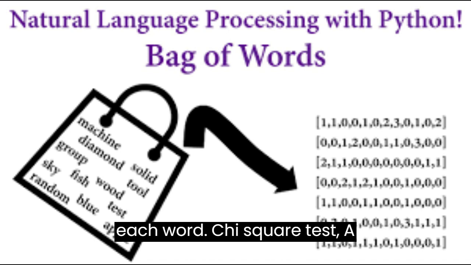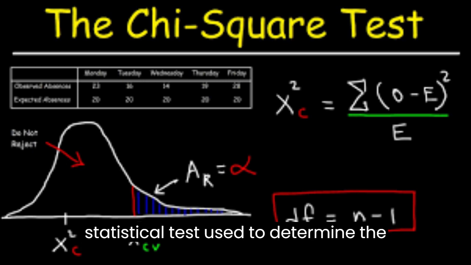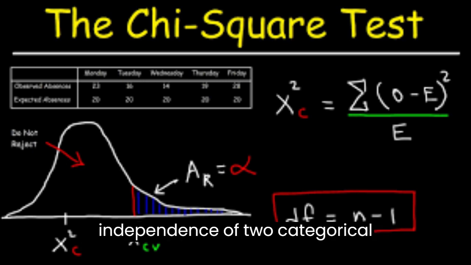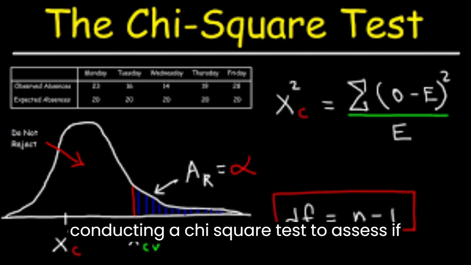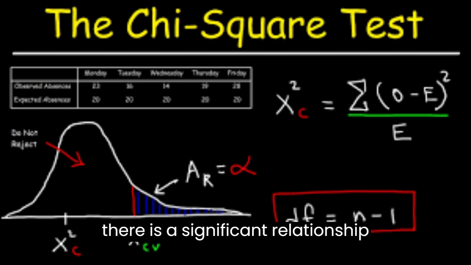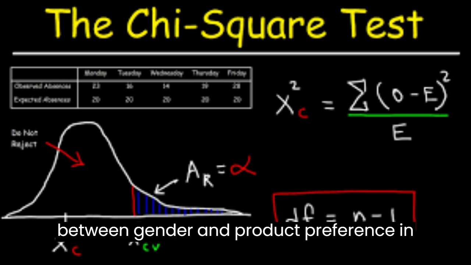Chi-square test, a statistical test used to determine the independence of two categorical variables. Example: conducting a chi-square test to assess if there is a significant relationship between gender and product preference in a